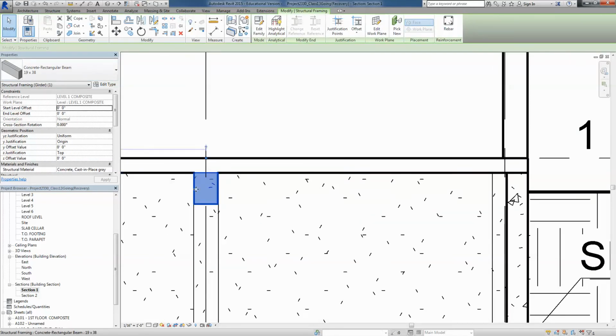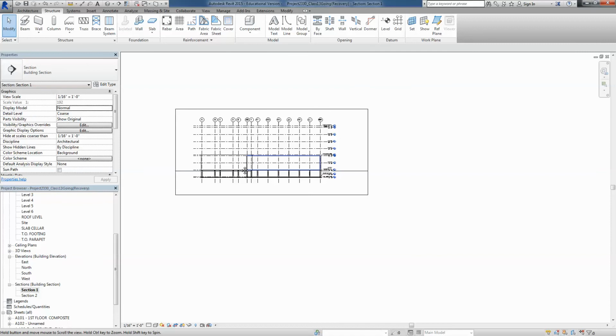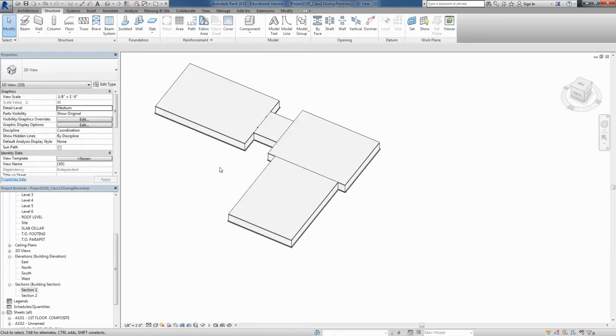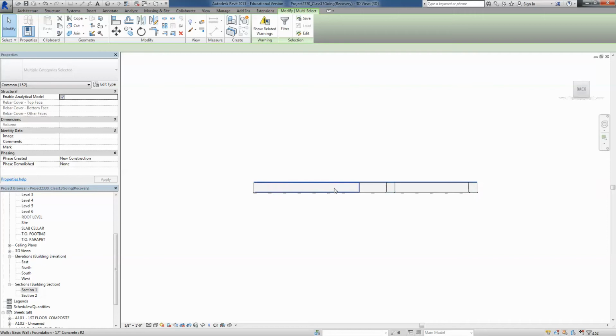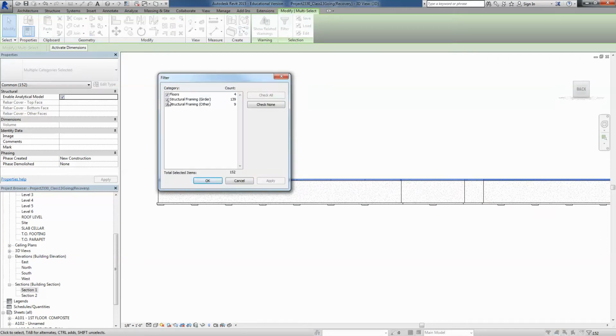So in order to offset it, you cannot just change one of the offsets because it changes only the point, the start point or the ending point. So you have to select all of the different beams, and I'm going to do that from the 3D. And I'm going to save because I'm pretty sure it's going to crash, to be honest. I'm going to go to the back or one of the elevations of my 3D, and I'm going to select like this. I know I'm selecting all the beams and probably some other things just in case. I'm going to go to filter and make sure that I only select the girders. Okay, you say okay,